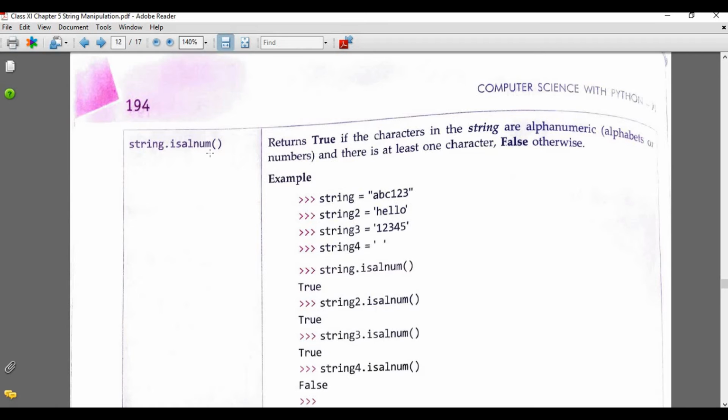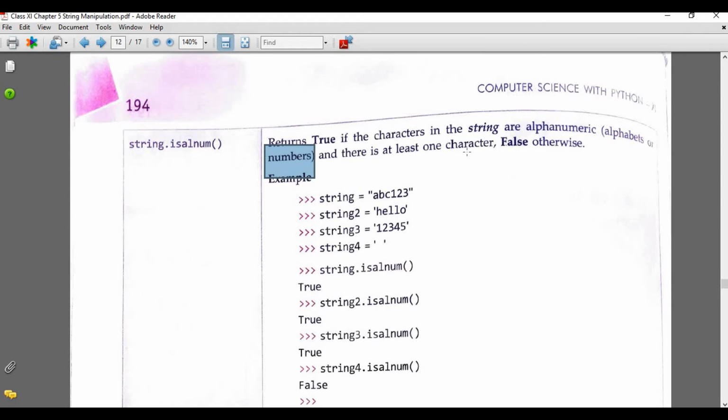Next is another function named isalnum. isalnum means is alpha or numeric. Check whether it is either alphabet or numeric. It returns true if the characters in the string are alphanumeric, that means either alphabets or numbers, and there is at least one character.